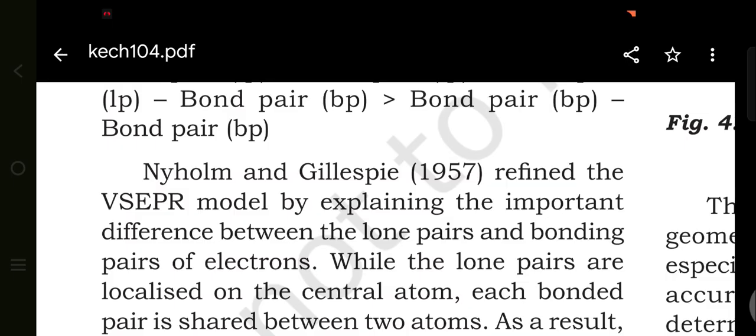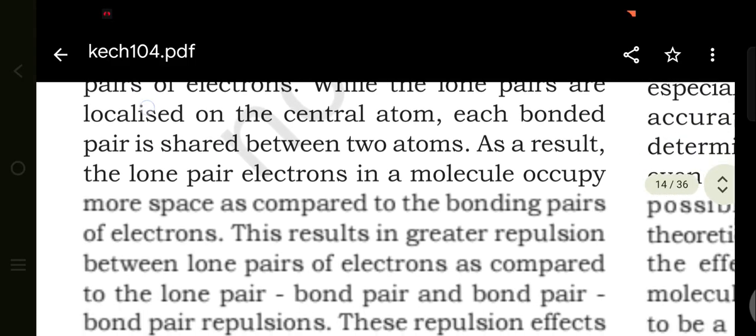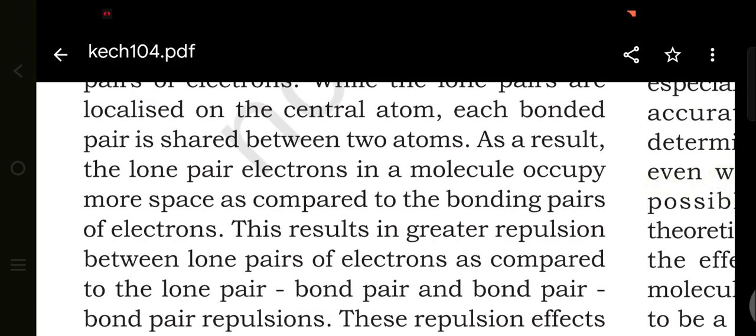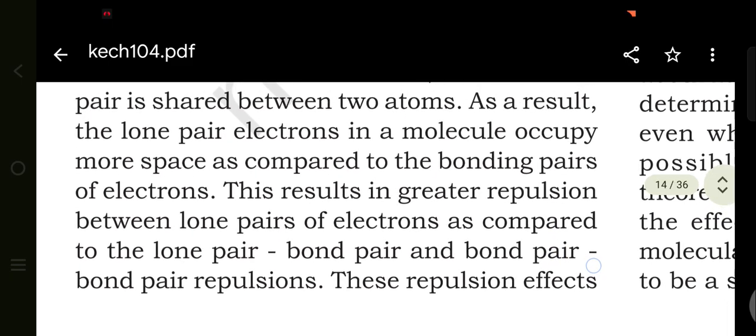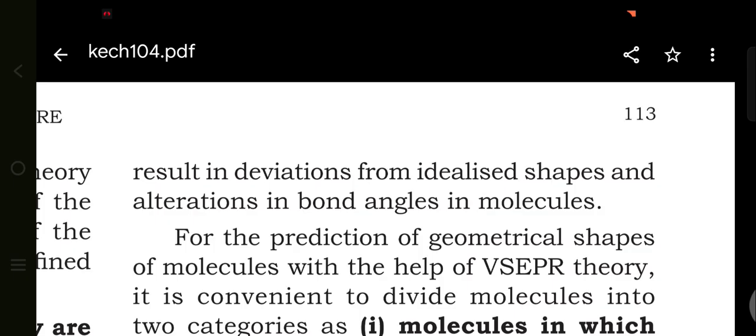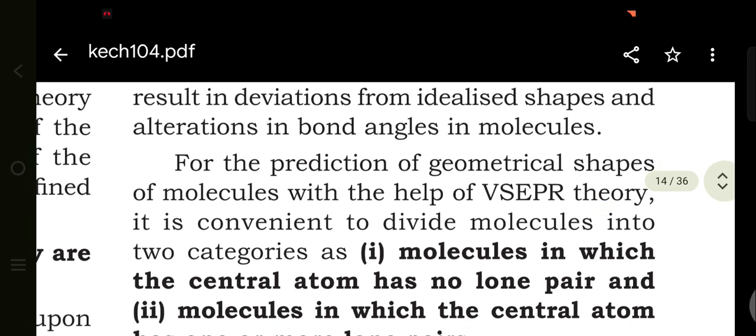While the lone pairs are localized on the central atom, each bonded pair is shared between two atoms. As a result, the lone pair electrons in a molecule occupy more space as compared to the bonding pairs of electrons. This results in greater repulsion between lone pairs of electrons as compared to lone pair-bond pair and bond pair-bond pair repulsions. These repulsion effects result in deviations from idealized shapes and alteration in the bond angles in